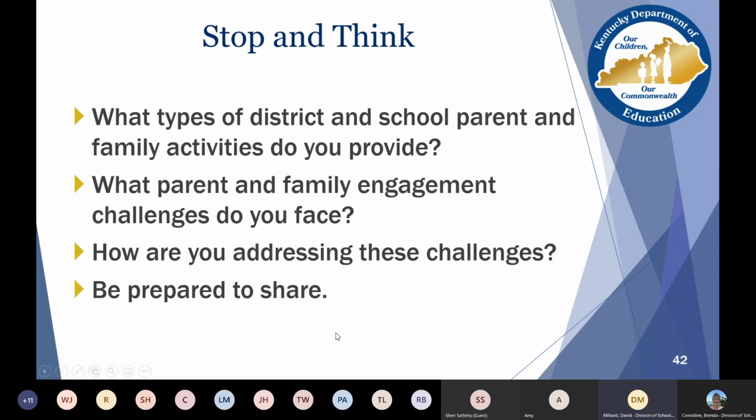And I think that hits on one really important point, and really the main goal of parent and family engagement is to build, not only involve them in some of the decision making, but when it comes to the activities with kids, for example, it's really to build parent skills and abilities to work with their children at home.